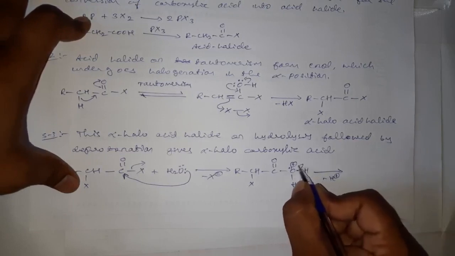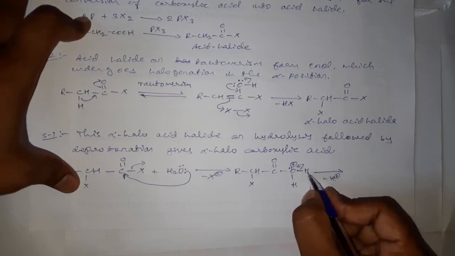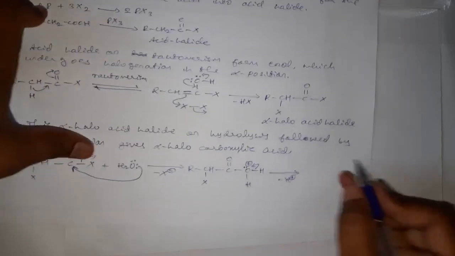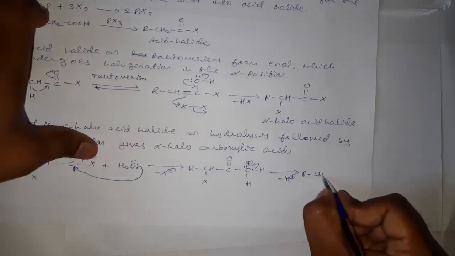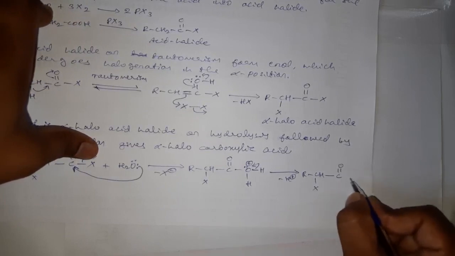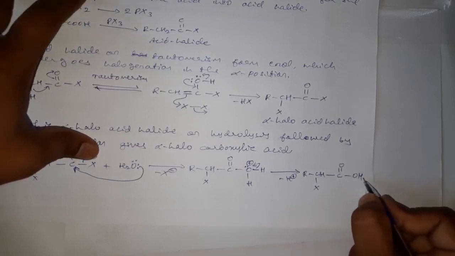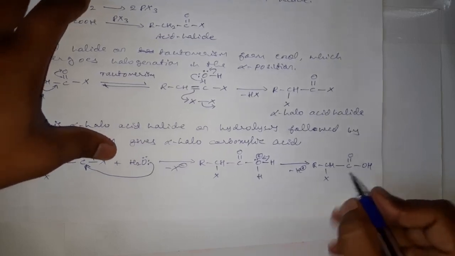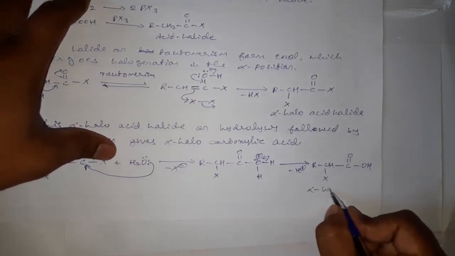This bonded pair of electron will now move towards oxygen, and this H will go out as H plus, and here we will get RCHX C double bond O OH, sorry, it is OH, and this is alpha